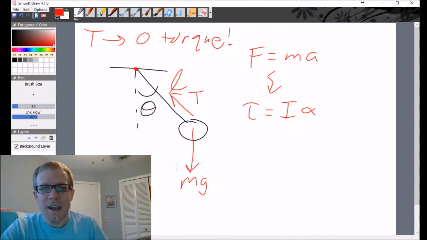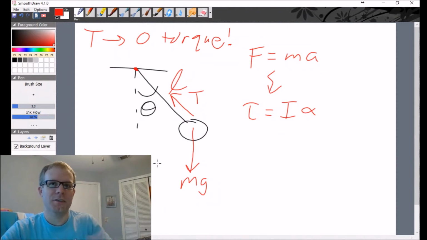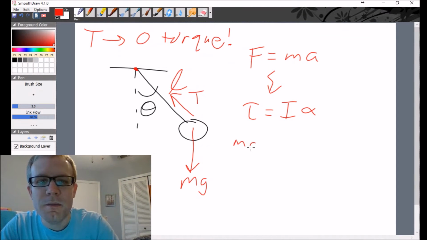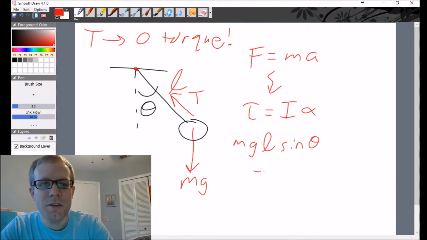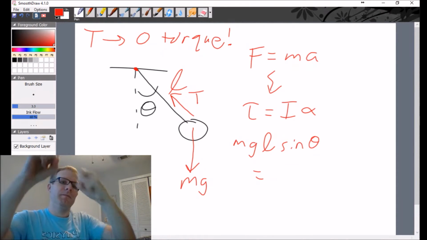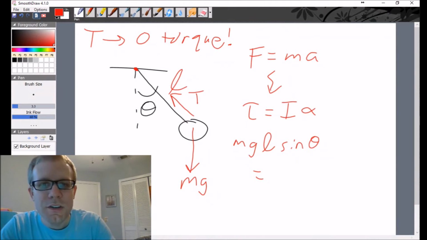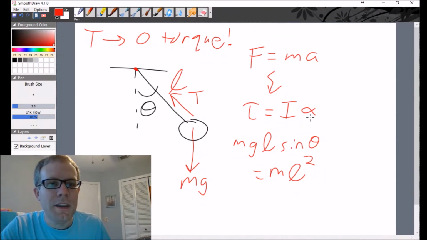The only thing that gives a torque is the gravitational force right here, which is what you'd expect, right? That's the only external force causing the thing to rotate. So that torque is going to be mg times the length times the sine of the angle there. And that's going to be equal to the thing's moment of inertia. So this is just a point object out a distance from the axis of rotation. So that's just going to be ml squared, mass times the distance from the central point squared, times the angular